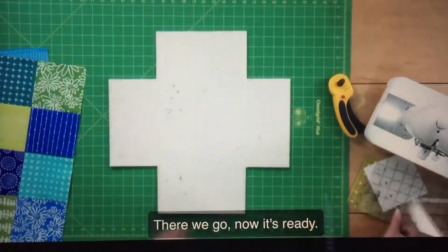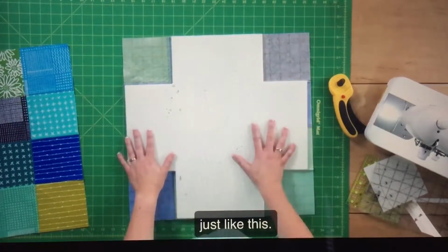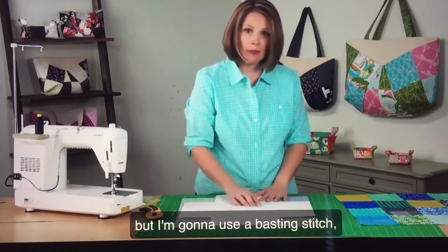There we go. Now it's ready. Here's my interior basket piece, and I can either fuse or sew this to the interior, to the wrong side, just like this. I'm going to sew it. If you're going to fuse it, you could fuse it now, but I'm going to use a basting stitch, which